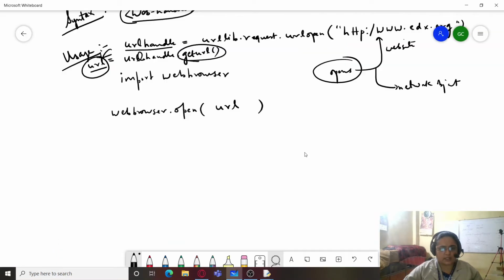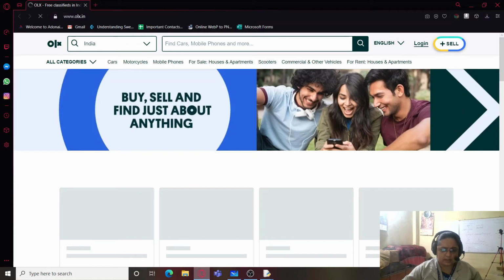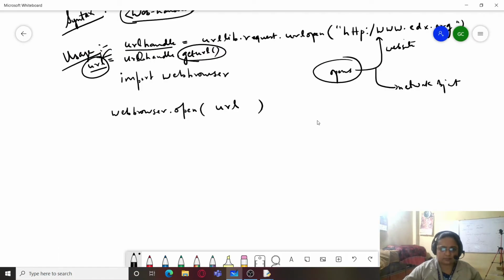Now some other functions are also associated with it. I'll just close the browser. Some other functions are also associated with urllib.request.